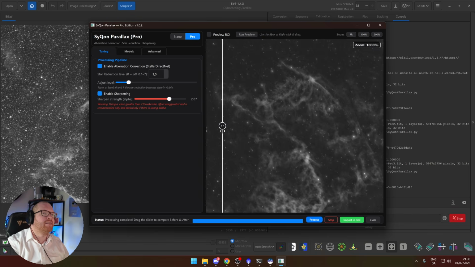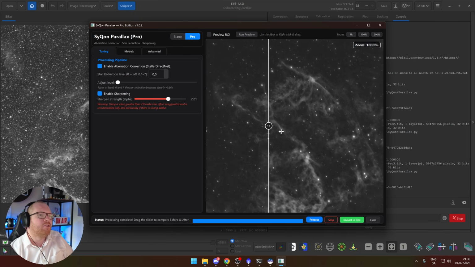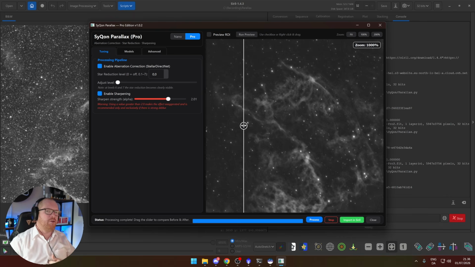I still feel like the stars are, I mean, they're there, but they're reduced too much for my liking. Okay, and now the stars look okay. We're not getting as much sharpening on them, and we're not getting as much sharpening on the actual nebulosity as I would like. I'm beginning to wonder if Parallax